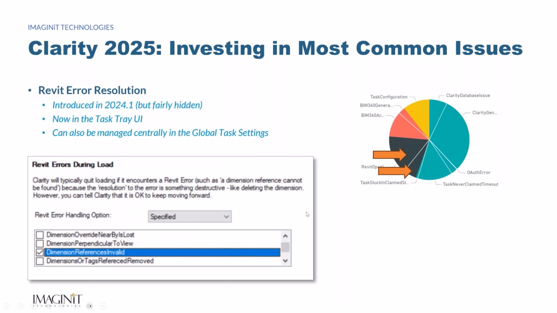So the first issue I'll talk about is Revit error resolution. When Clarity opens up a model and there is, let's say, a dimension reference that is no longer resolvable, traditionally, when that happens to a user, the user chooses whether to continue on or not. In the case of Clarity, the resolution to that error is to delete the dimension. And from a batch perspective, without having a human involved, we don't really know if that's an important dimension or